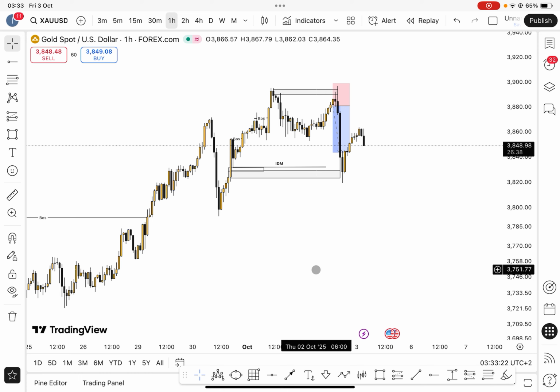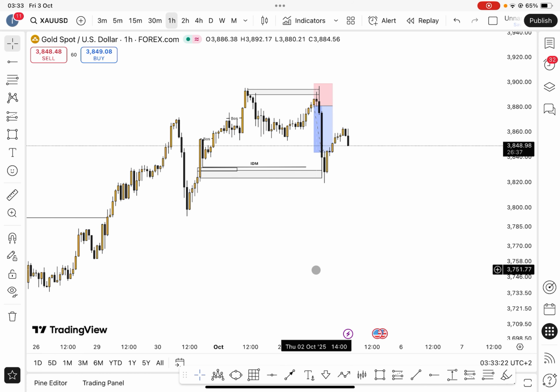Yesterday we were able to catch this sell, and today we'll be looking for how to catch a buy on gold. As we all know, gold is very bullish, and I'll be looking for more buys than sells. So what I'll be doing is